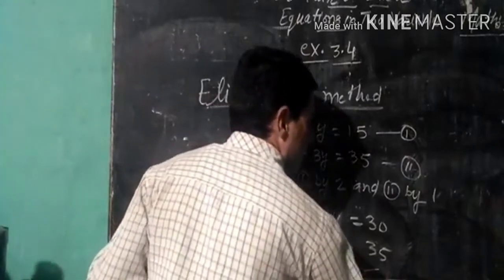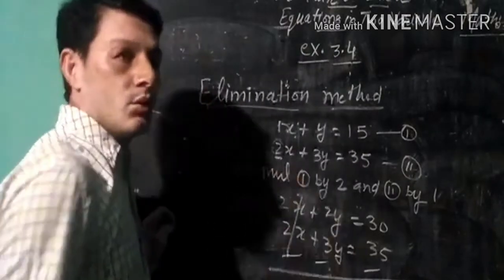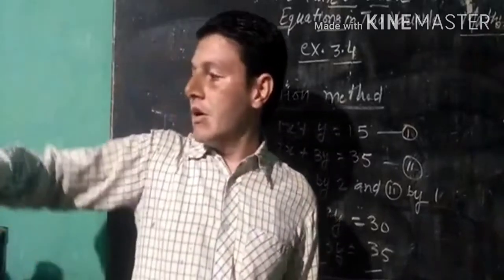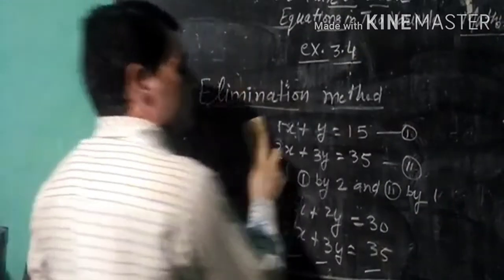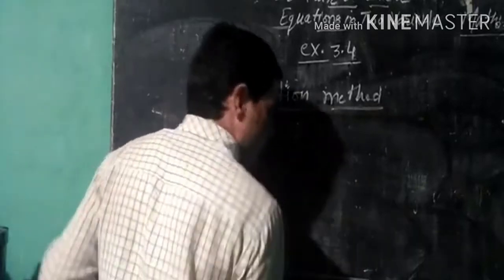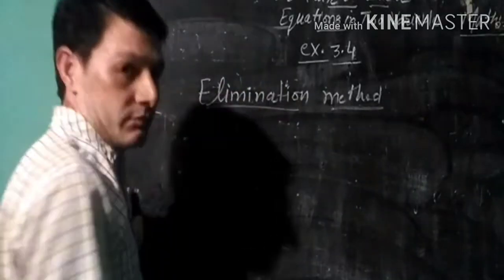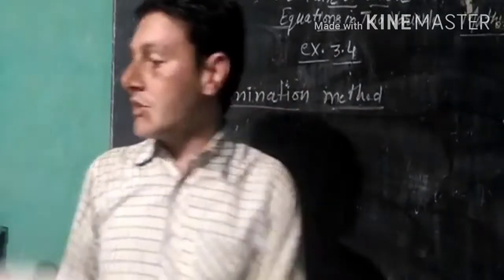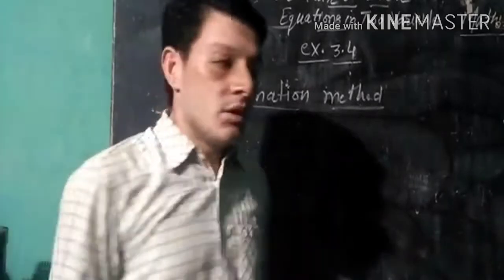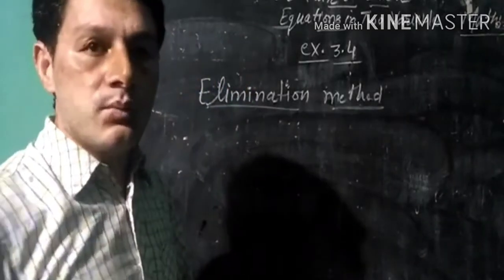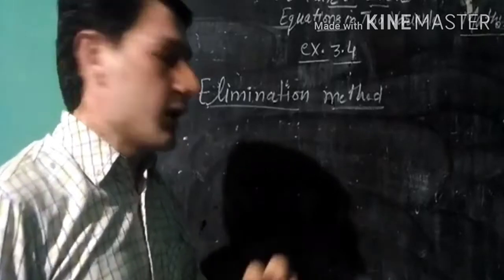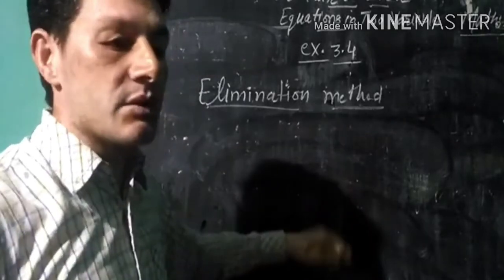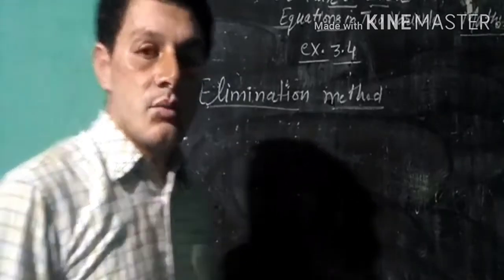So put it in the first equation. Put in first. You will get the result. Okay. Next it is: if the same questions are in the form of statement based question, you will face the statement based question also. In that question, what you will do? Firstly, you will make the equation, and after that, you will simplify that equation by the method of which method?